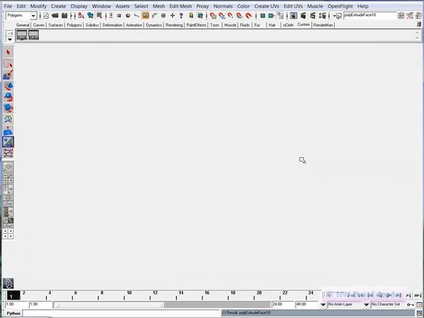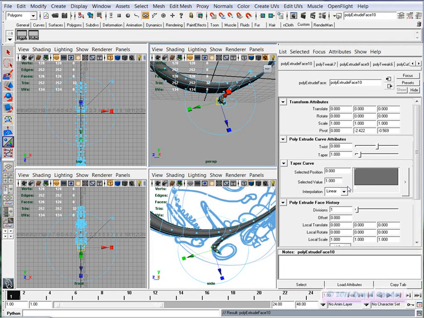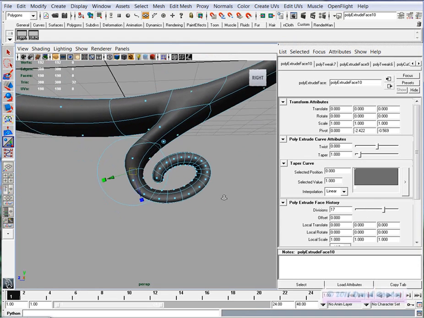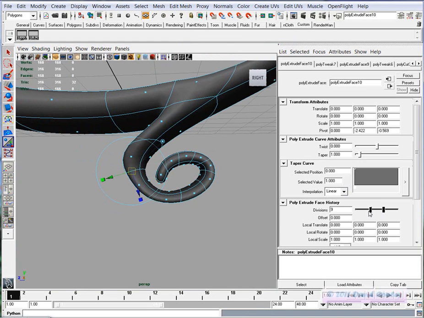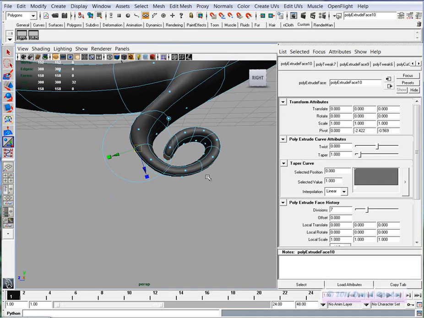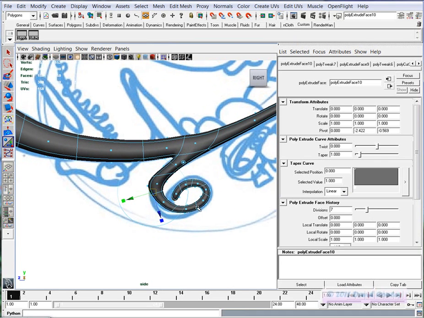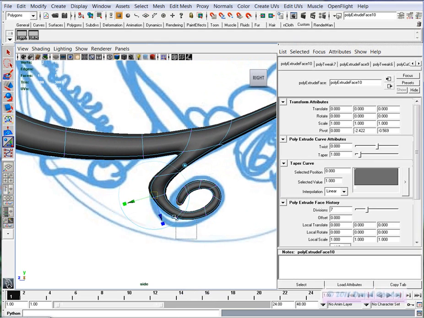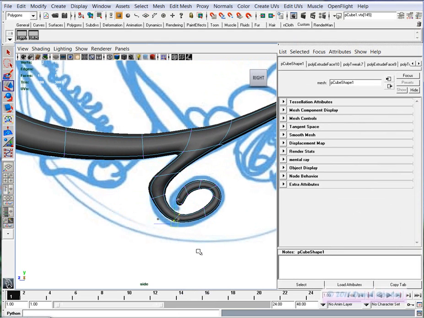Oh, now it's working. So we'll extrude. And again, it was only a single division, so we'll increase that. And now we'll have, I think that's a little too much. I think I'm going to drag that back down just a bit. There's no reason to go that much detail in that tiny little space. So drag this over, drag this over,